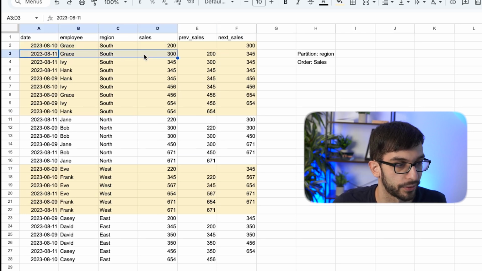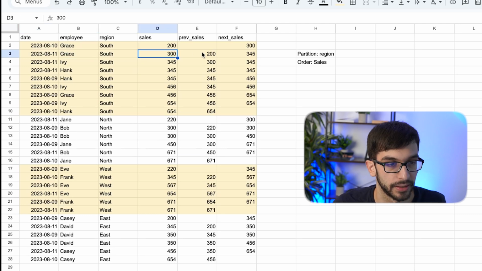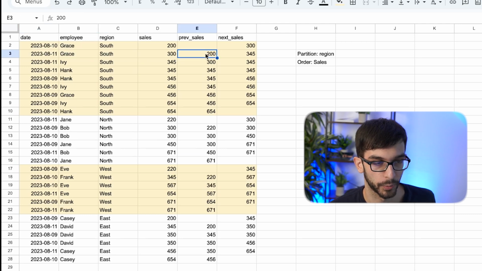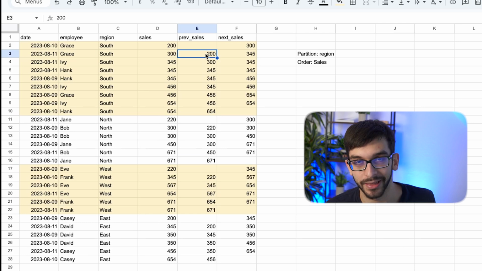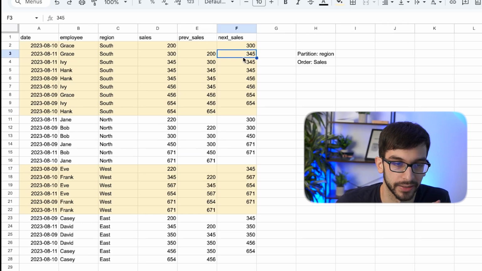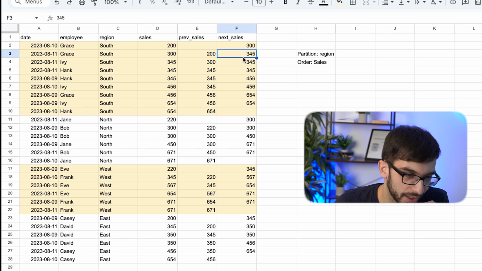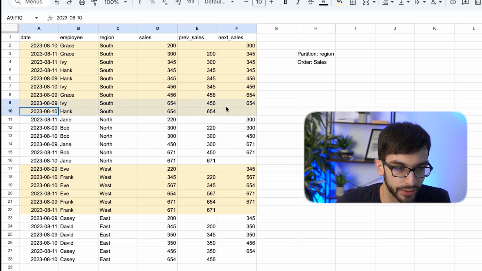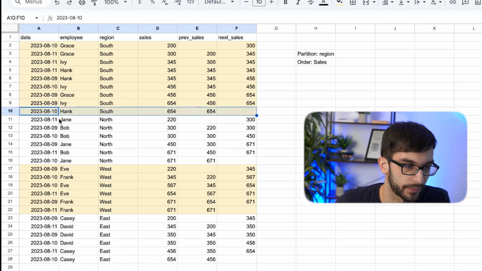So for the 11th of August, Grace in South did 300 sales. Checking what the previous sale was, based on the rows ordered by sales, you have 200. And the next sales are 345. I think that's quite easy to understand. For sure, then on the last row, you have Hank with